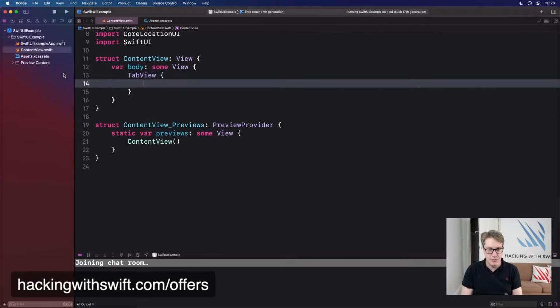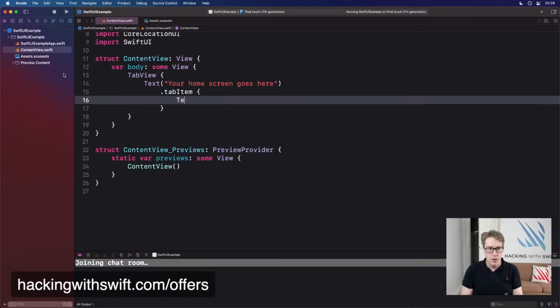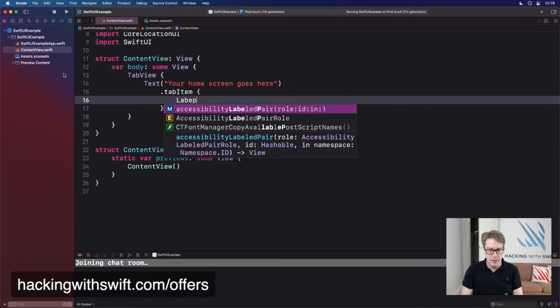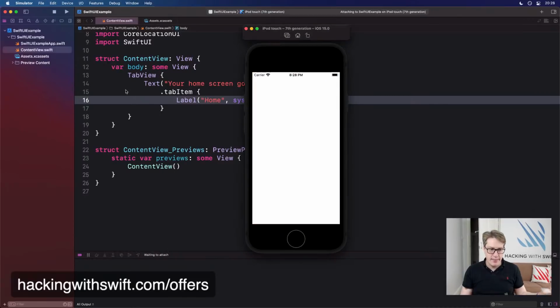I'll have a simple tab saying text, your home screen goes here, with a tab item using a label of home, and then system image is house. And that's going to show a tab view at the bottom of the screen with home and a house. And when we press that, it'll show a home screen like that.